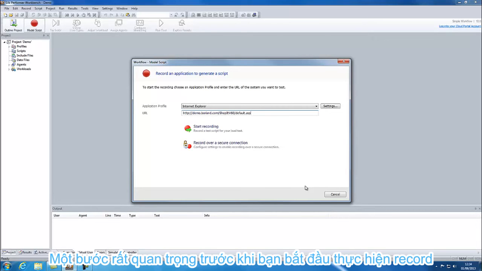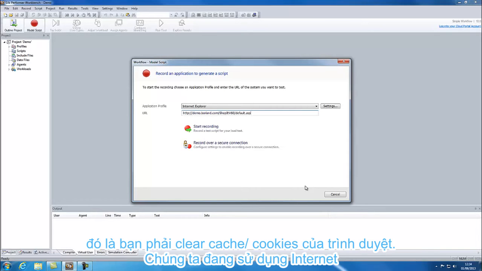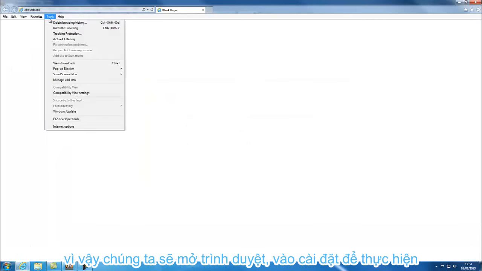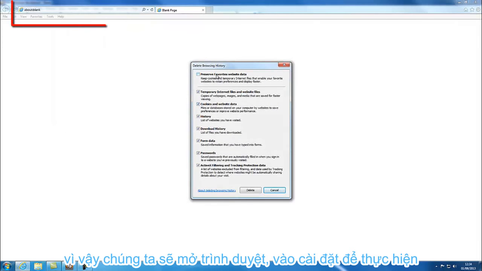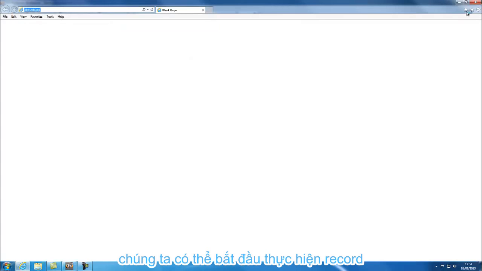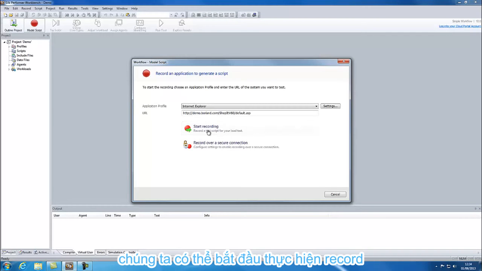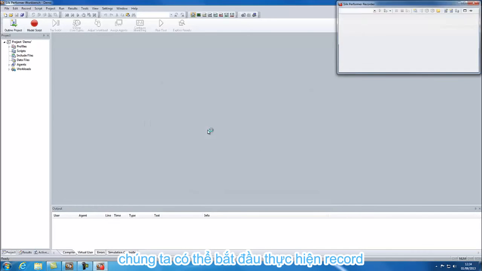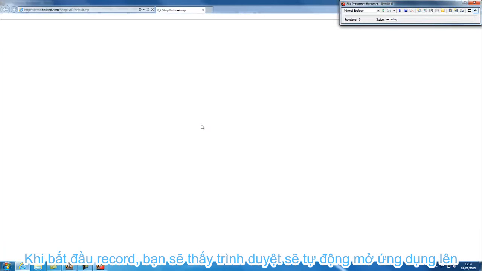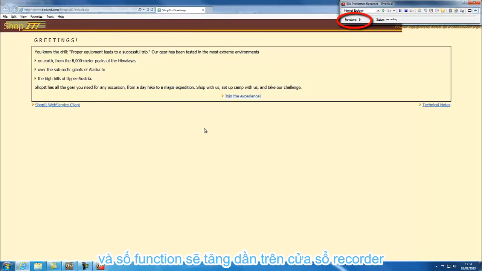A very important step before you start recording is clearing the browser cache and cookies. We will be using Internet Explorer, so this shows the process with IE. It's also advised to have the default web page set to About blank. When this is complete, we can then start recording. When the recording starts, you'll see the application appear in the browser, and the function count will start to increase